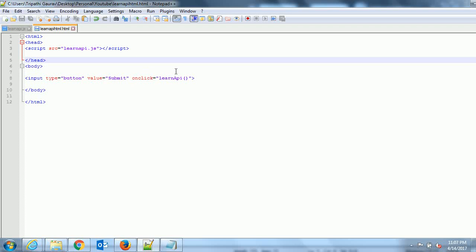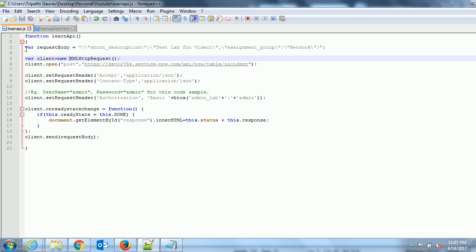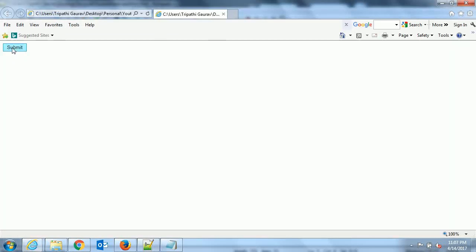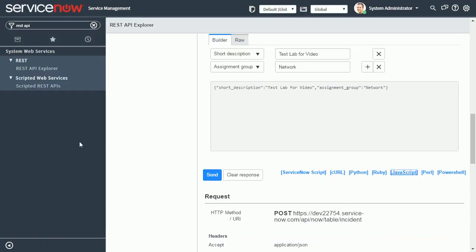So if I click on that submit button, it will call this function and it will run this complete code. We were running that code with the help of ServiceNow before, but now it will run it from here. So if I go to my page and I click on submit, and I go to ServiceNow